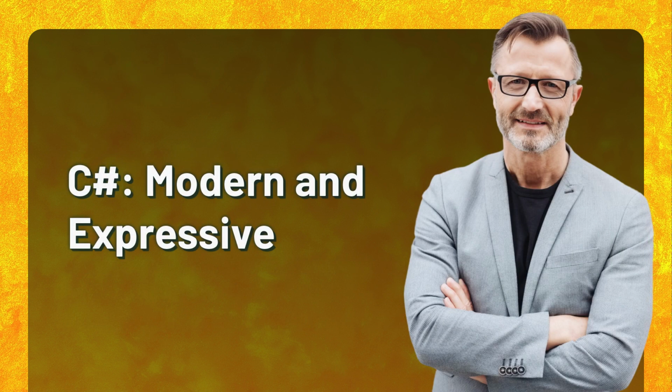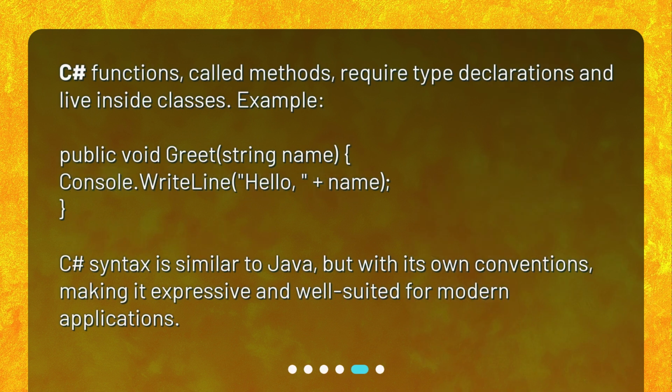C#, modern and expressive. C# functions, called methods, require type declarations and live inside classes. Example: public void greet, string name,